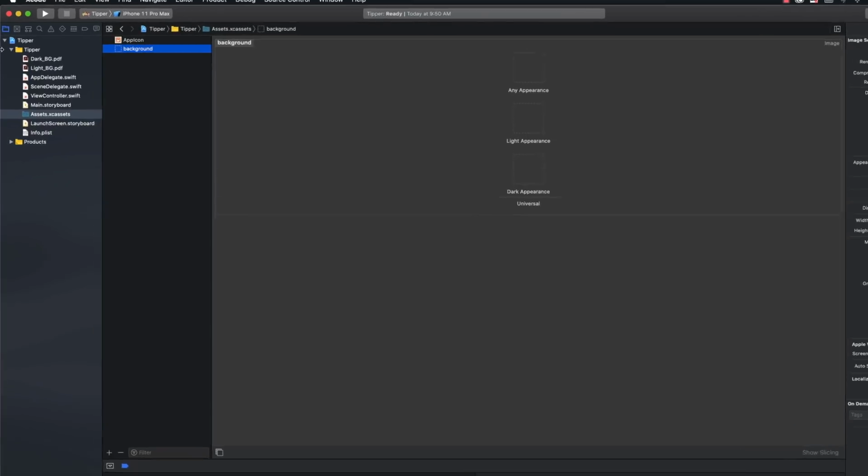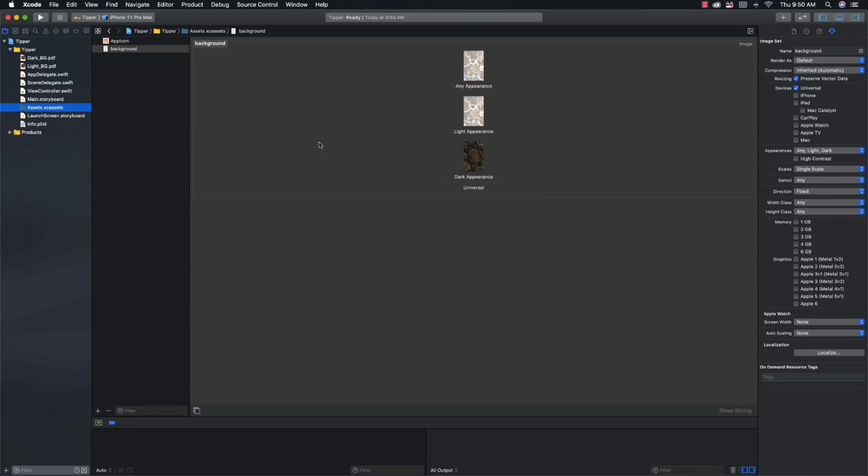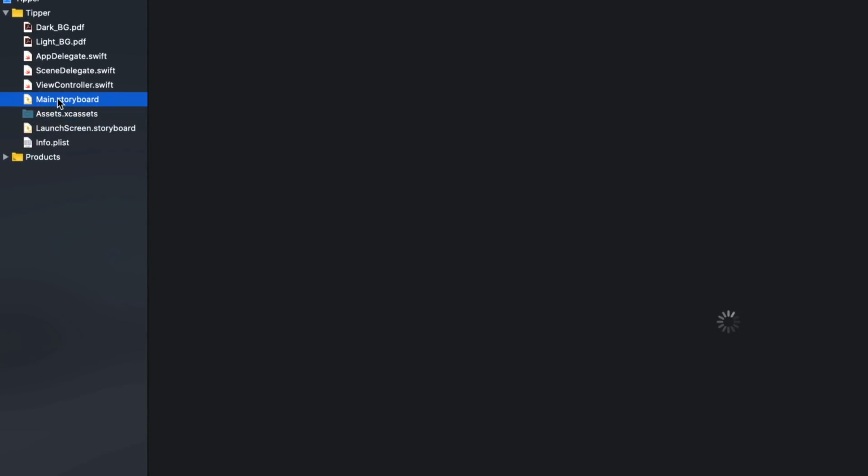Now what I can do is get the PDFs that I had here. I'm going to have any appearance be light as the default. So just drop it in there. I'm going to have light for the light, obviously, and dark for the dark. And there it is. Now what I'm going to be able to do is click again on my main storyboard